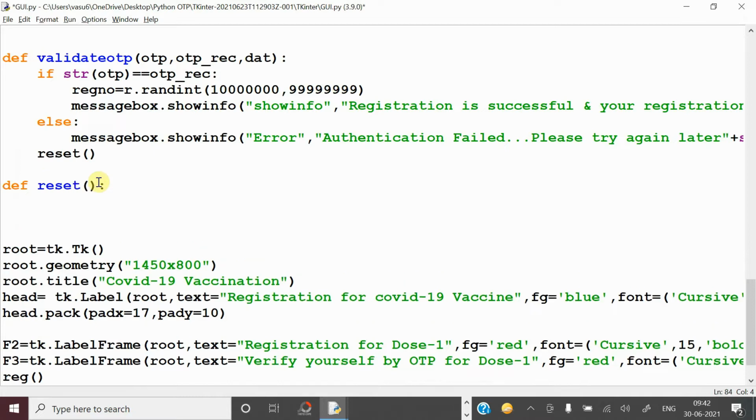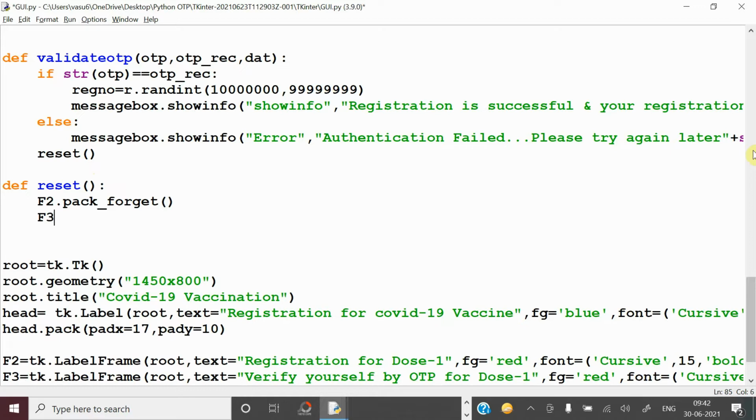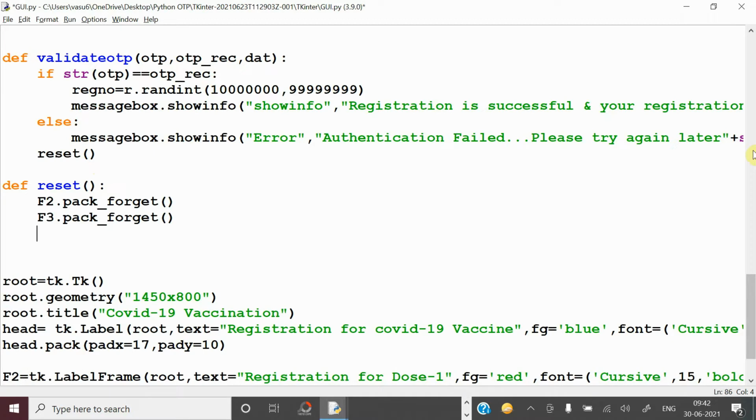Within that, you have to forget both the frames whatever you have packed. Now this is for the OTP frame, so pack_forget. And after that call the registration function. So the main menu will automatically open.